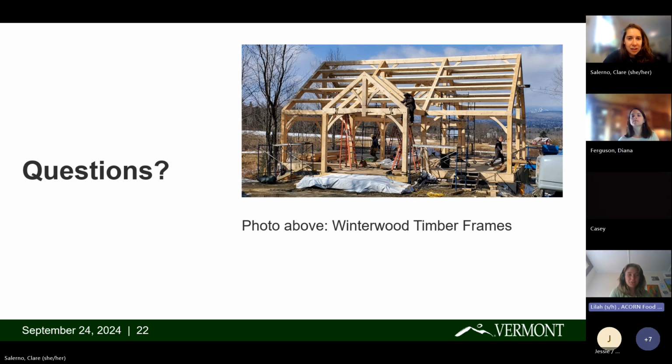Hey, I was just wondering if a fundraising consultant would be a good fit for this grant, like hiring one. Yeah, I think that would be, I don't know if that's something, Diana, that's specifically been funded. There have been grants in the past, I'm thinking of a producer association grant, where the funds went towards development work and some staff training and hiring of a development person. So I think that could be a use of funds.